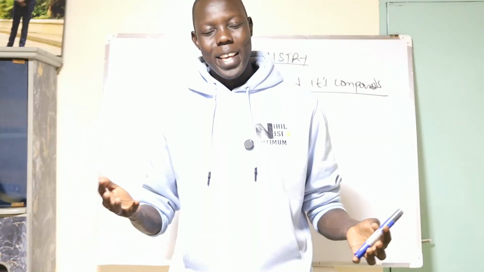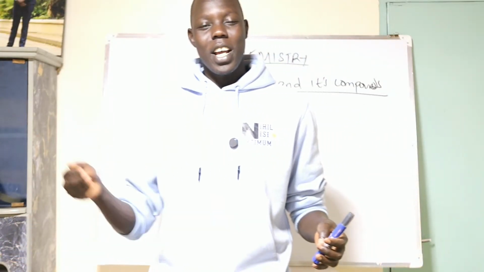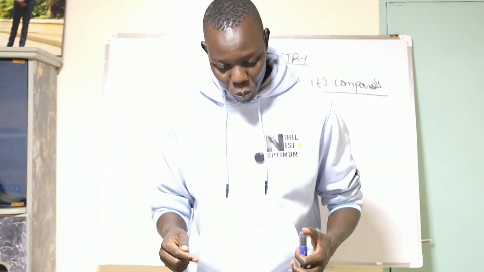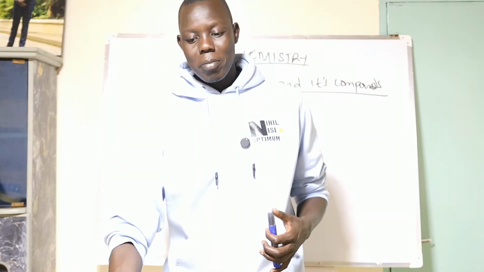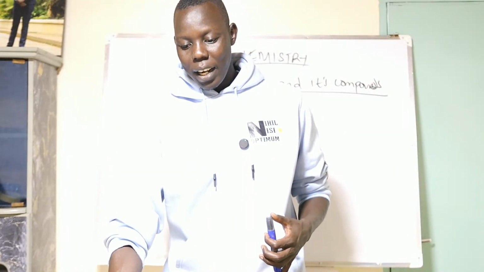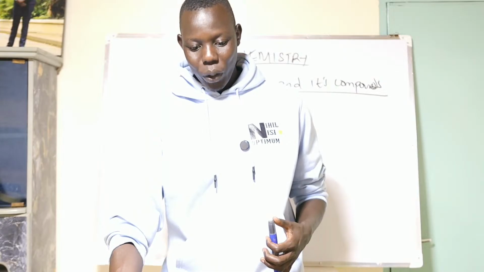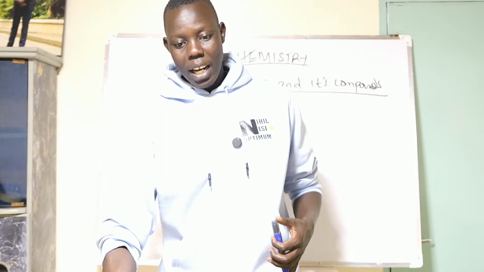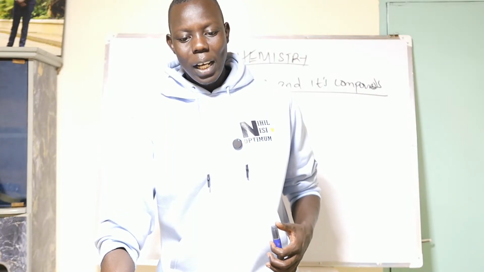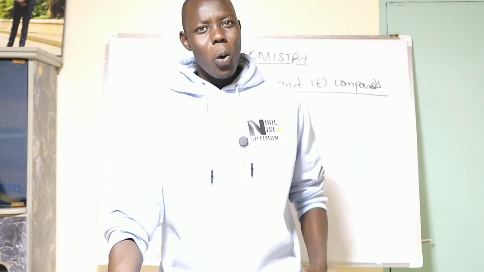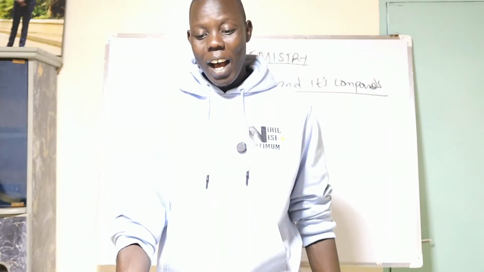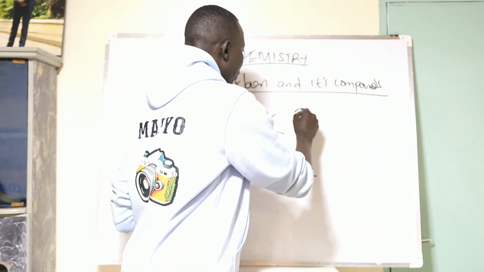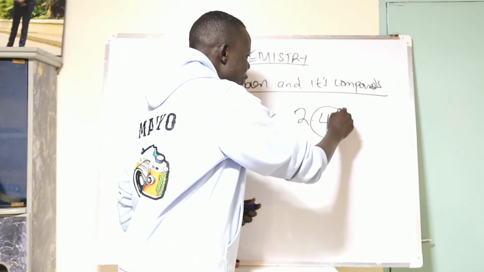Start from there. Why? Because in chemistry, you must explain using scientific terms. Why is graphite able to allow current to pass through while the diamond does not allow? What is the difference, or what do you think accounts for those differences? Now, my point here is, what conducts current is electrons. All of them, that is graphite and diamond, have 4 valence electrons at the outermost energy level. All of them have 2,4.